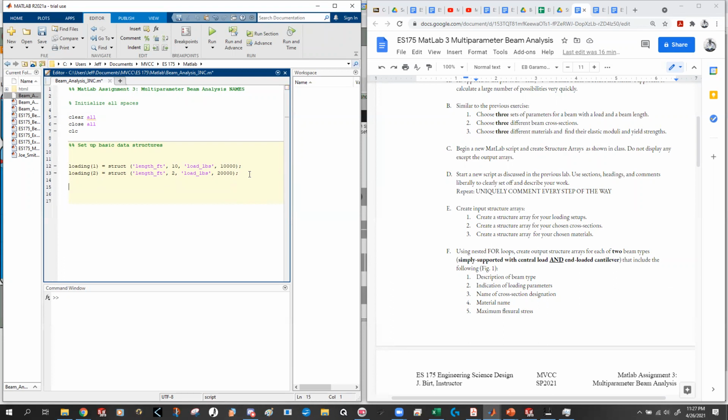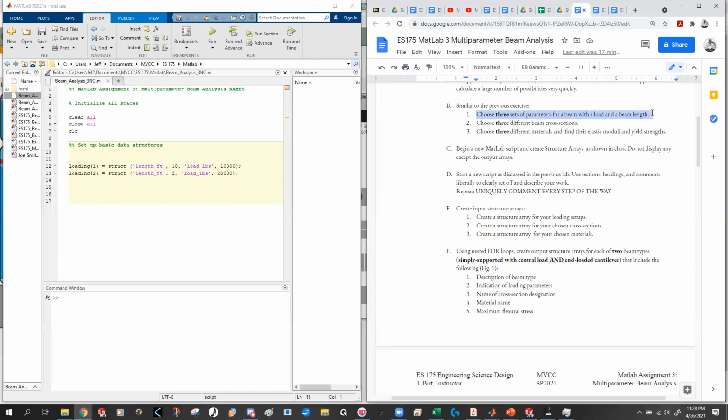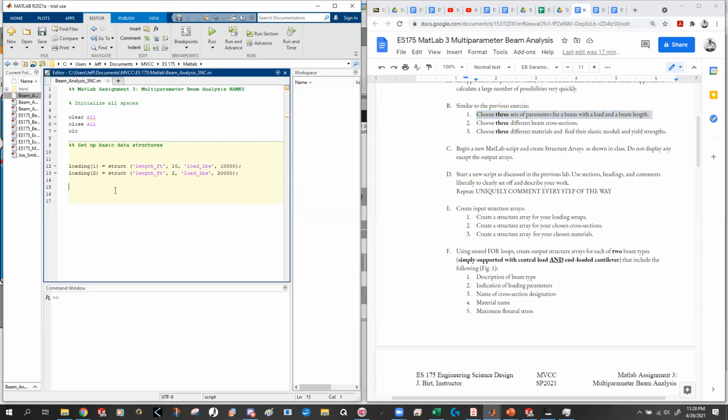So that's my loading structure. Boom. So we can go over here and check this one off. Well, I did 2. You're supposed to do 3. All right. So we're going to do some new ones. I'm going to call it shape 1. You should do it with your own variables because mine are lame. Okay. And I'm going to use that struct thing again. And this is going to be a little bit more in depth, but it's the same thing: field value, field